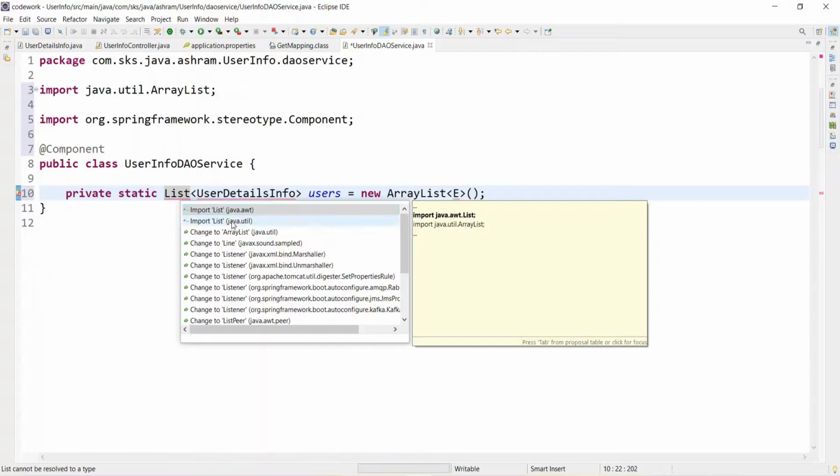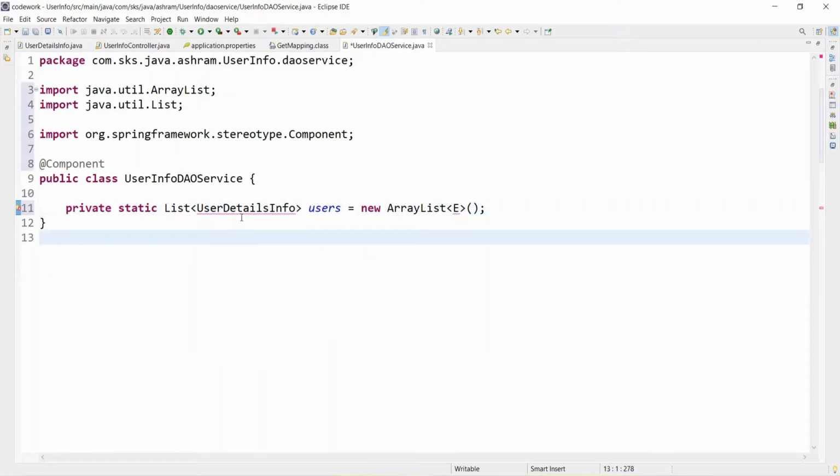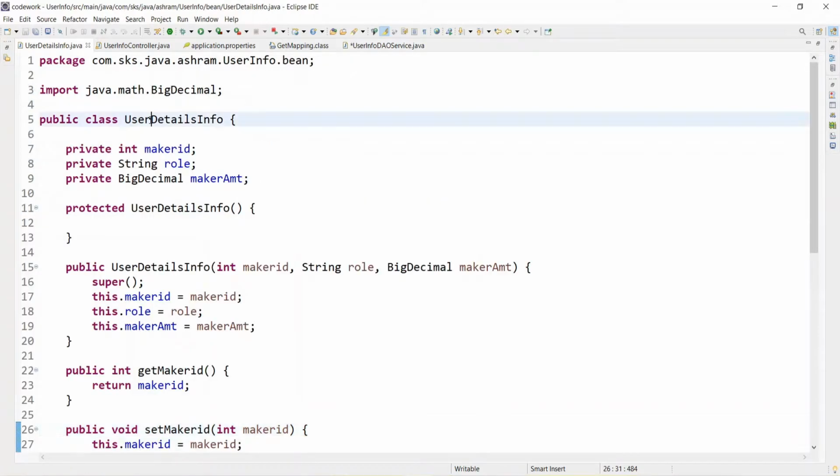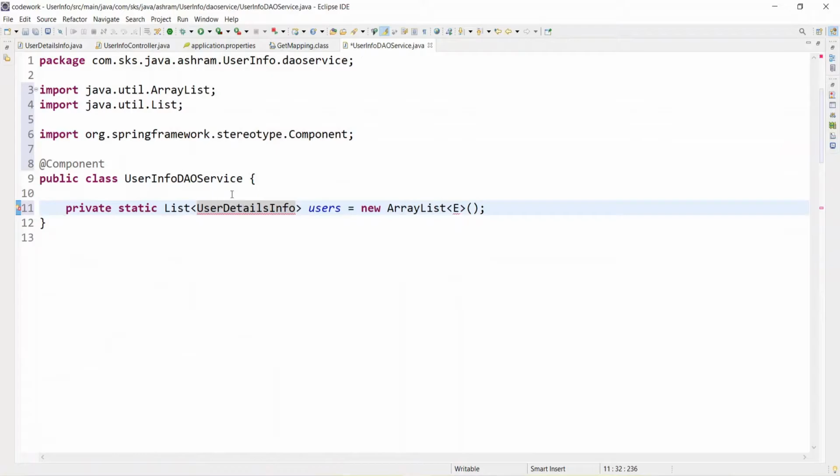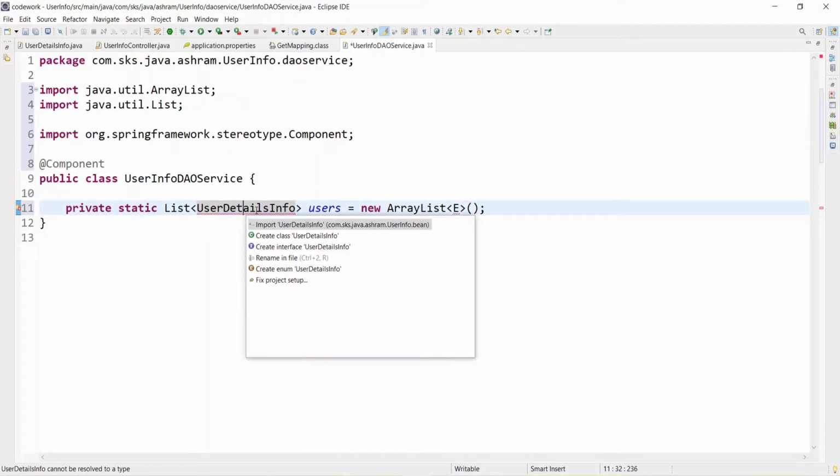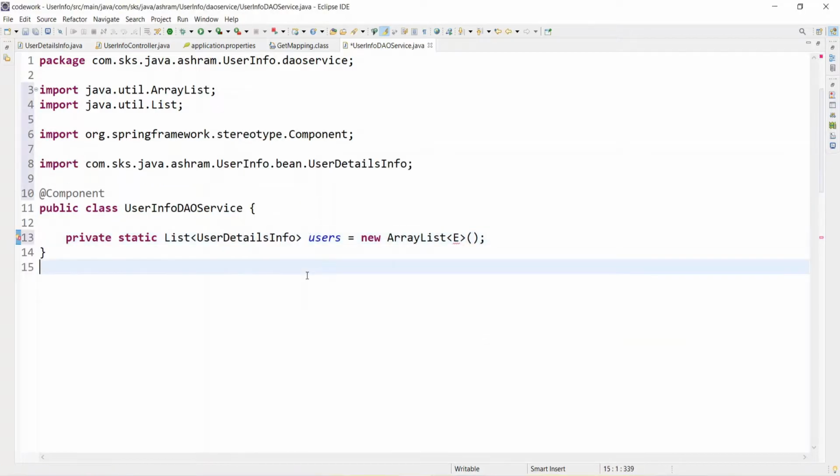Control 1, import util. That's it. Why is it giving an error? Let's copy this exact class path, go to the DAO service and put it over here. I need to import this, right? So this is done. Remove this, correct.